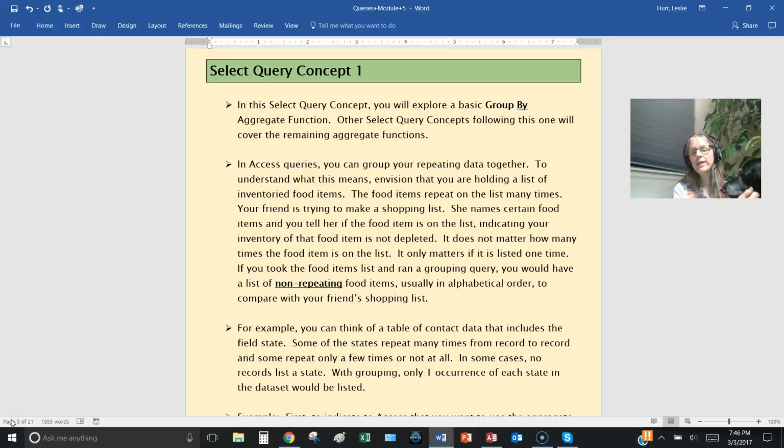So the way that grouping works, though, is that even though you have a long list that may be repeating, it picks out the individual items that are non-repeating. So let's say you have butter listed on the list 5 times, and you have milk